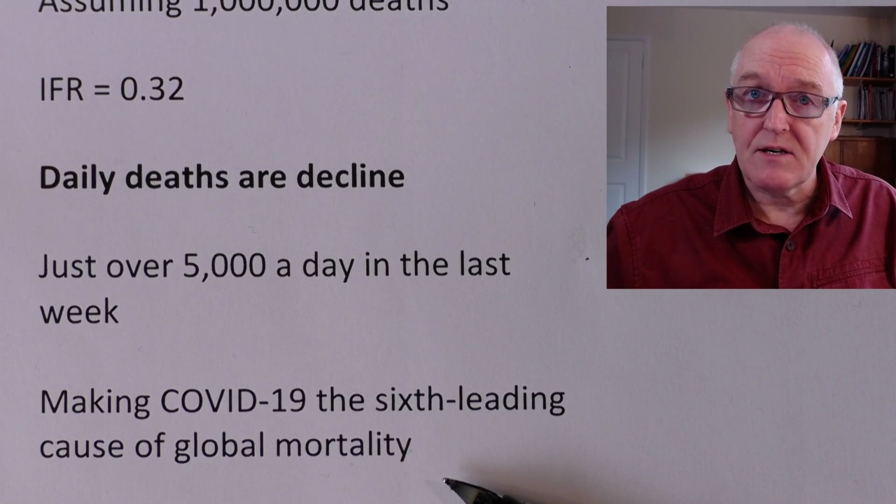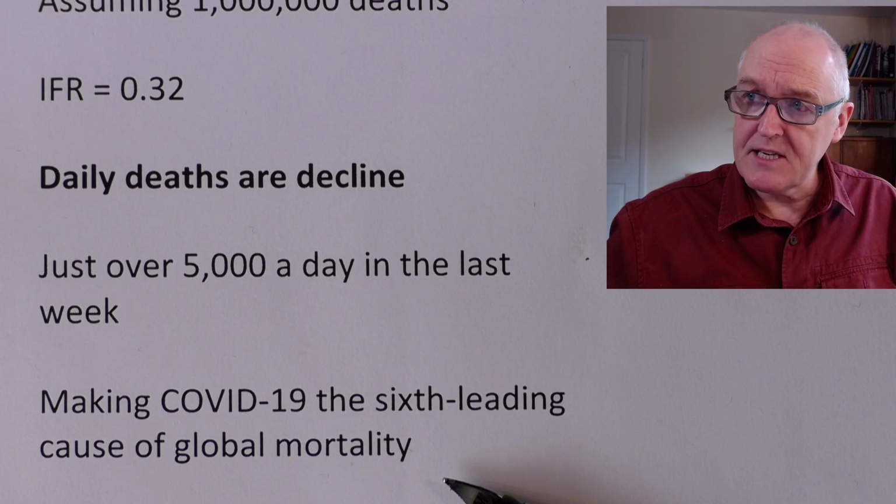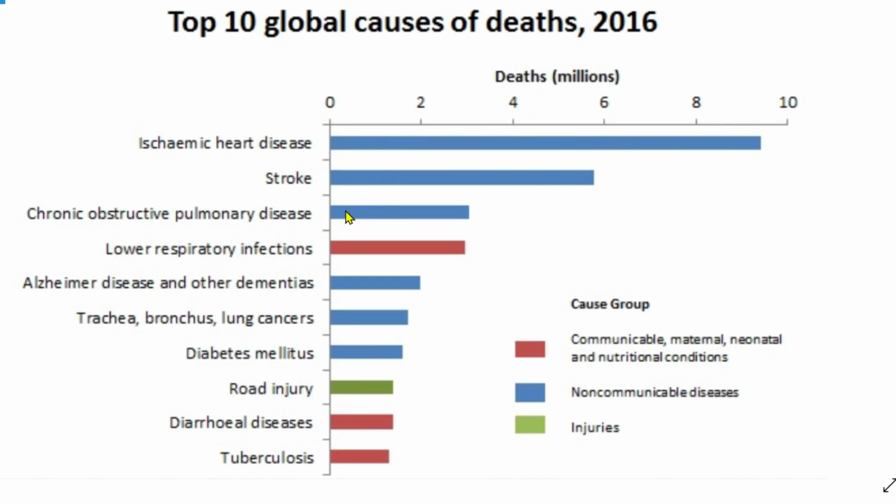Now, just to remind ourselves, from the 2016 data, that will put us 1, 2, 3, 4, 5, 6. It will put us kind of just above diabetes mellitus, just above lung cancers and these other diseases. But that would mean at the moment that diseases of lung cancer and upper airway diseases are more common, dementias are more common, lower respiratory infections are more common, chronic obstructive pulmonary disease from smoky environments is more common, stroke is more common, and ischemic heart disease is more common.